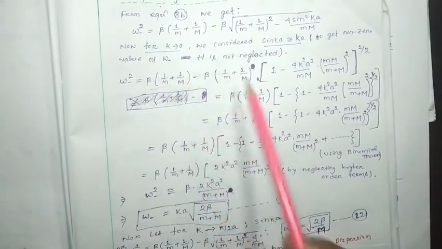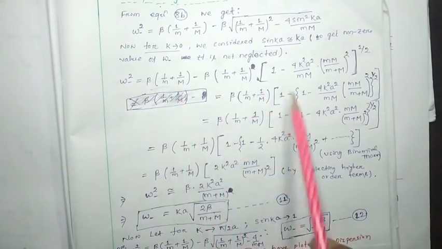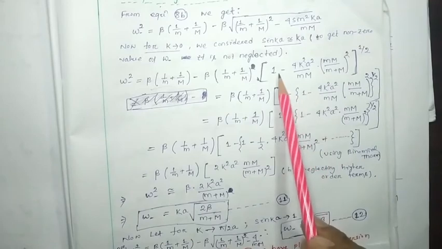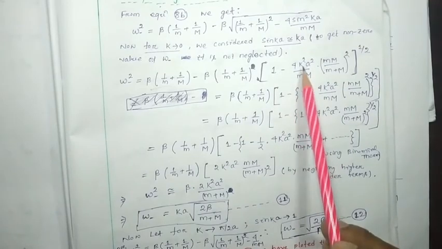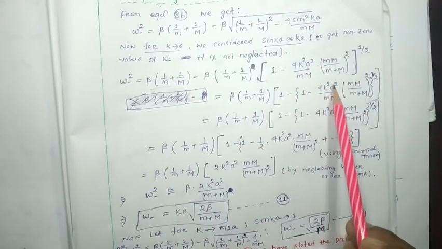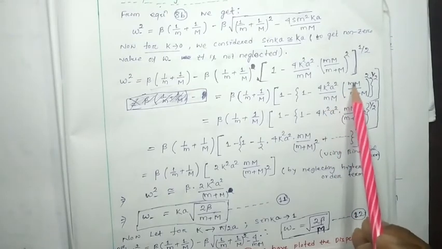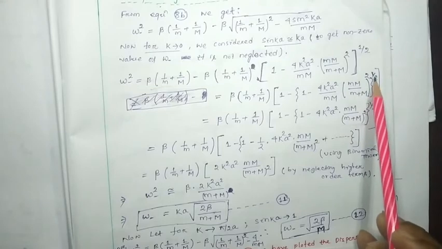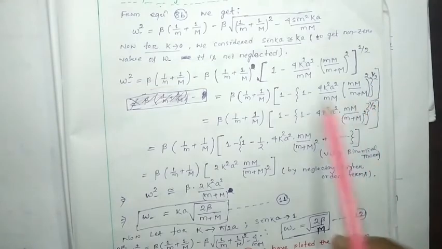Okay, so it will be 1 minus this term, 1 minus 4 k square a square by m into M, by m plus M square, root over, to the power, and then bracket. Okay,